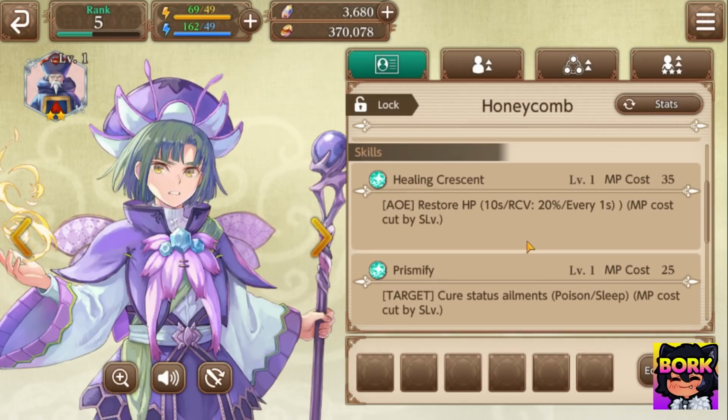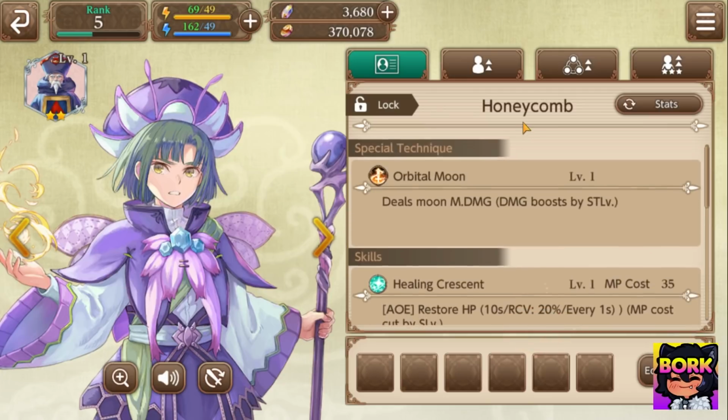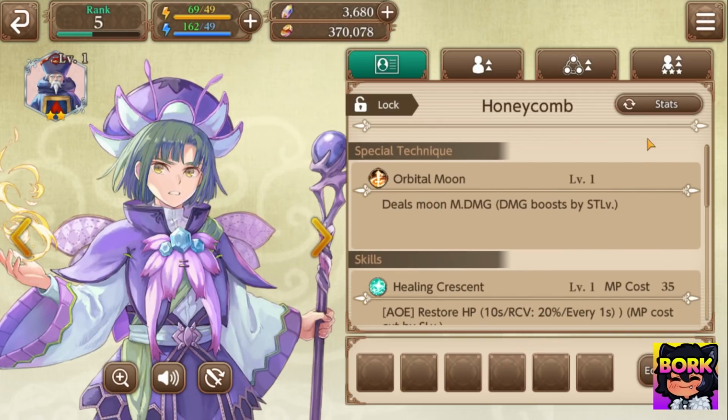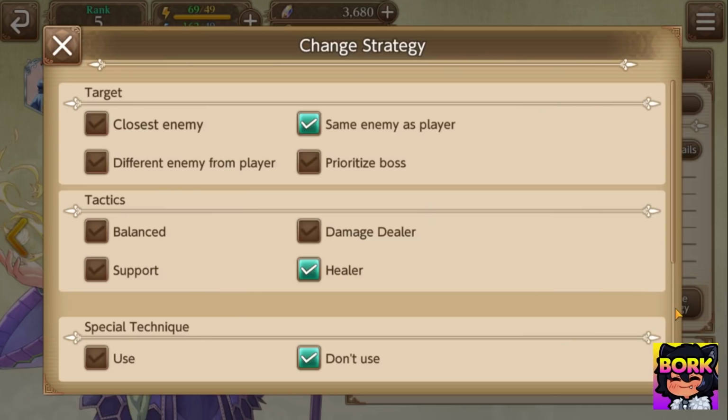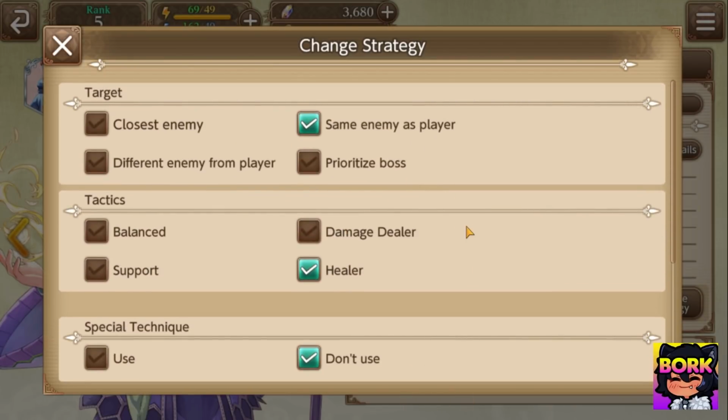The reason I have him is that he has 2 heals, well, 1 heal, and then he also has a cure status ailment, which is really rare. I don't think a lot of characters have this. And I also have the same thing as him, where I flip to the stats, I change the strategy, I made him a healer and also set the enemies so that he's going to be hitting the same people as